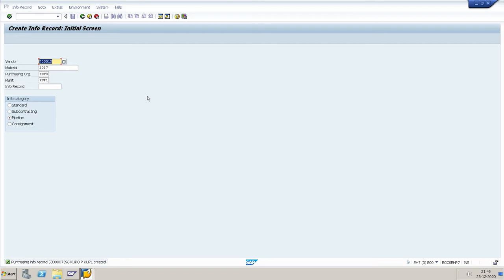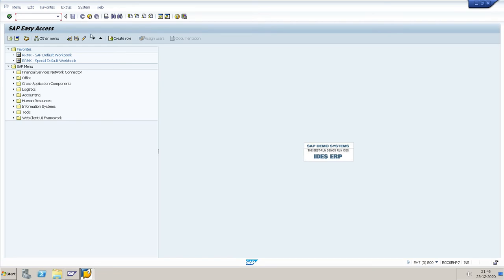There is no GR for this pipeline process, so we can directly go to goods issue. For the consumption issue, the T code is MIGO.